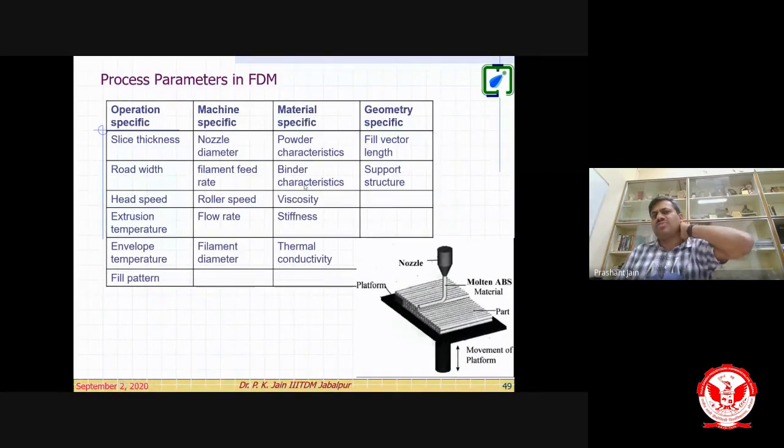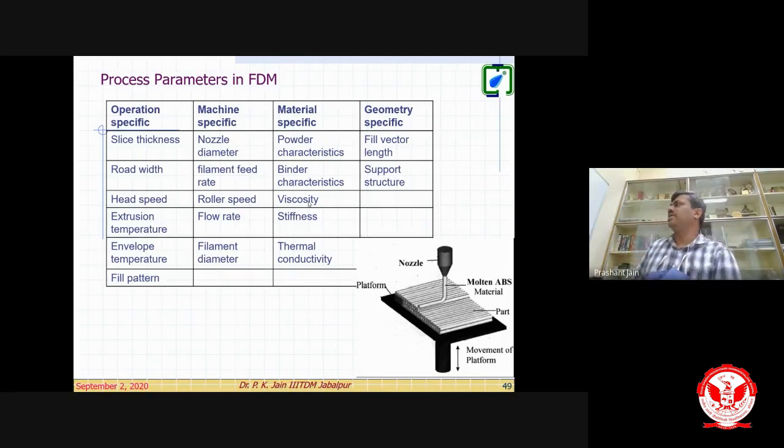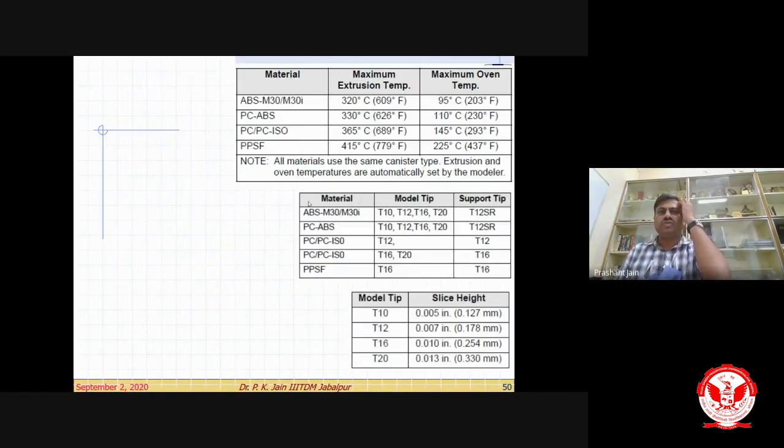Powder characteristics, binder characteristics, viscosity. Suppose you increase the nozzle and you increase the temperature, right? Your material starts flowing like liquid. So there is no semi-molten state which can be deposited on the part bed, right? So you have to control many things. And on a machine, look at this, these are the materials available, and their temperatures have already been supplied by the machine manufacturer.